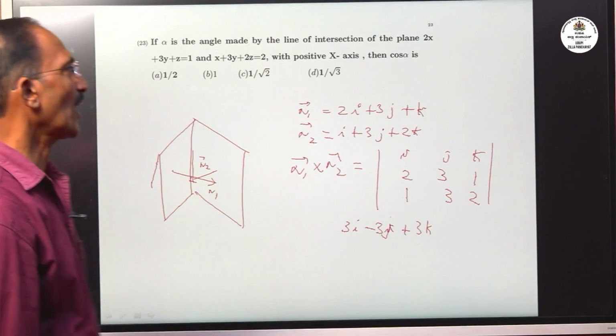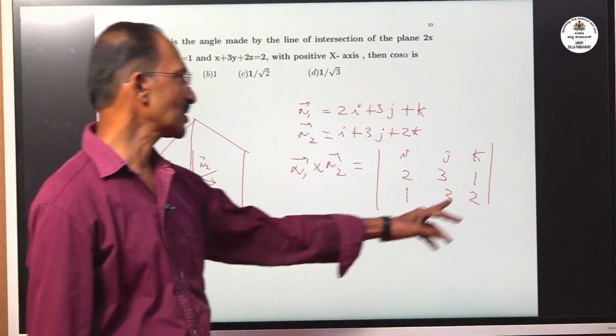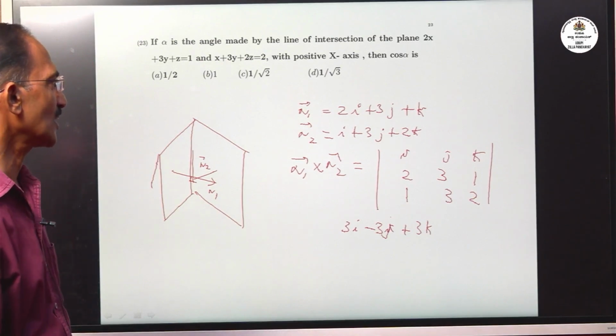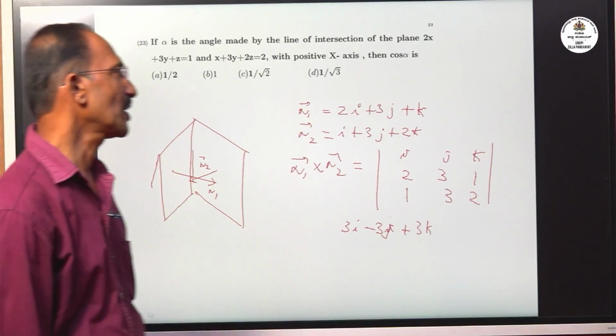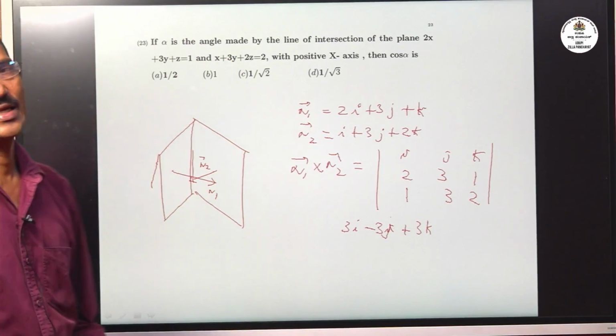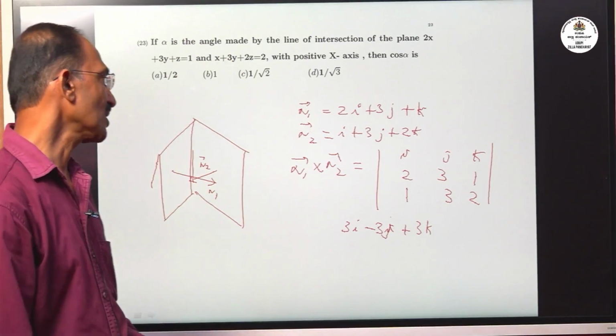So you are getting i, that is 6 minus 3, that is 3, and j, 4 minus 1, that is 3, again k, 6 minus 3, that is 3. So 3i, 3j, 3k is a vector which is